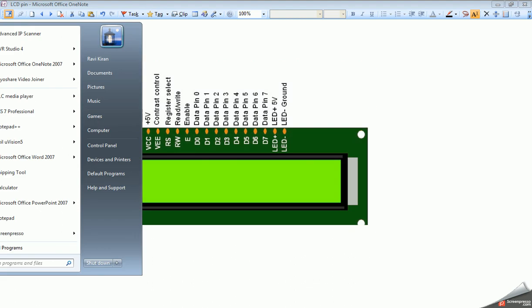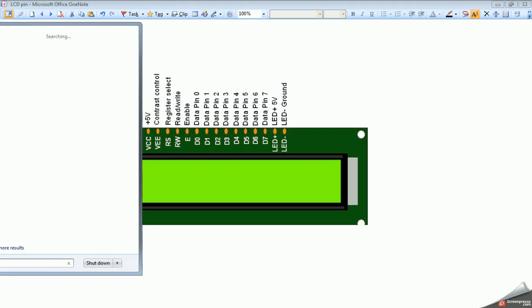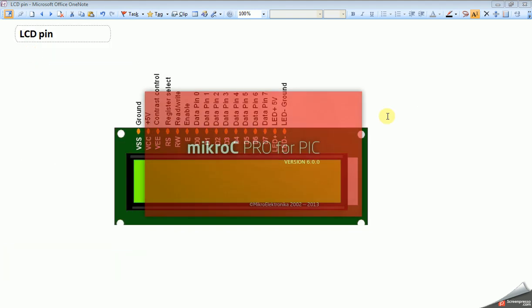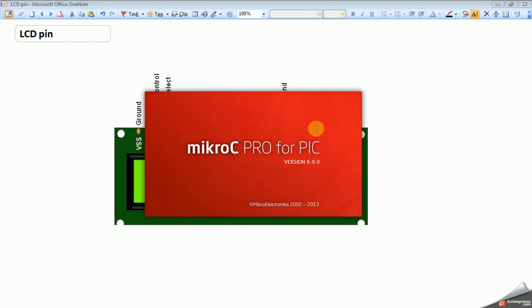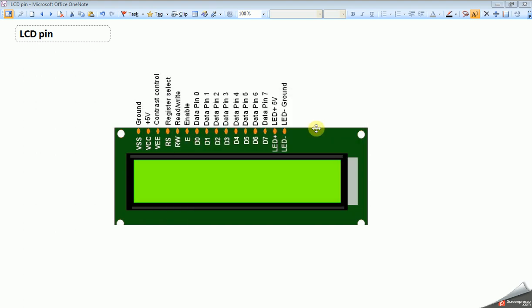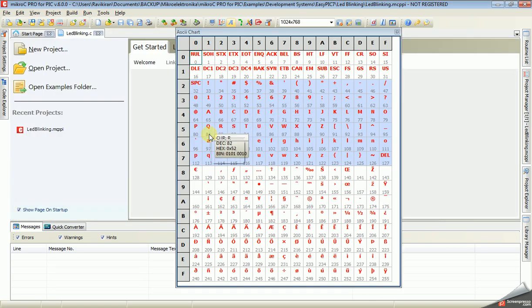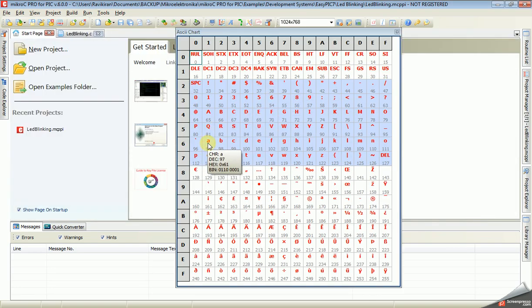hexadecimal, you will see the ASCII table. So this is the ASCII table. If you see small a, the ASCII value is 97 and the hexadecimal value is 61.